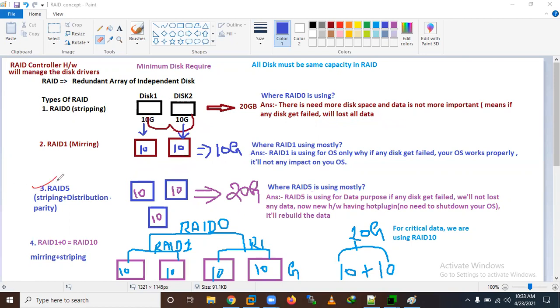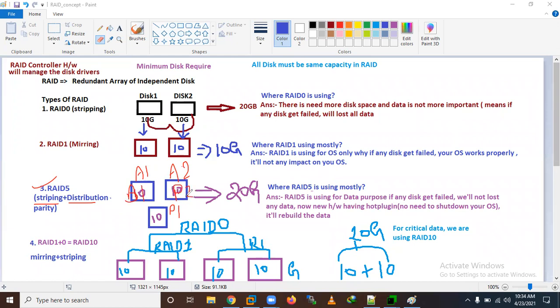Okay, so let us go to RAID 5 now. RAID 5 uses block-level striping plus distributed parity. How is it? For example, A1 data is written here, then A2 comes here, and it will make a parity, P1 parity. And next time, for example, B1 and here the distributed parity.